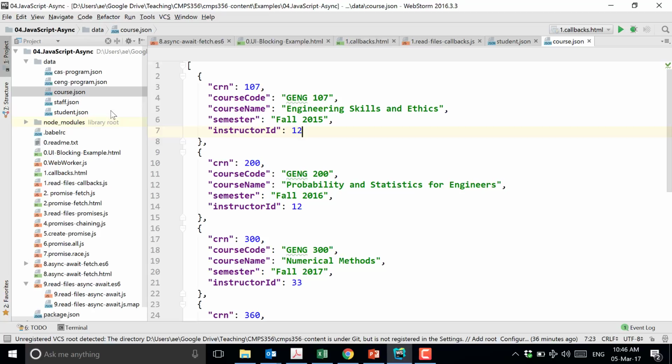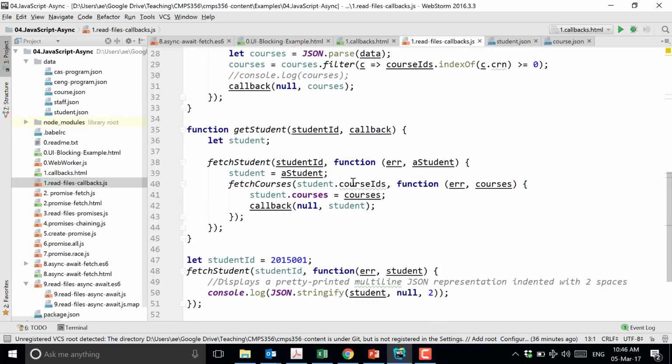Okay? So the way we do this asynchronously, let's have a look at this. First, I fetch the student and give it a callback. When the student hopefully comes back, I will fetch the courses. And when the courses come back, I will give them back to the code.